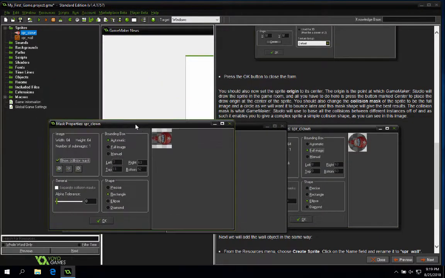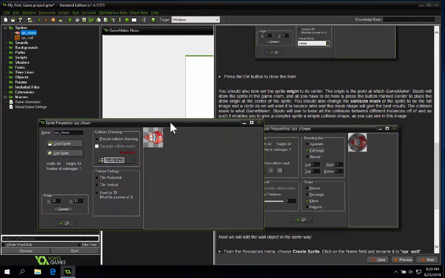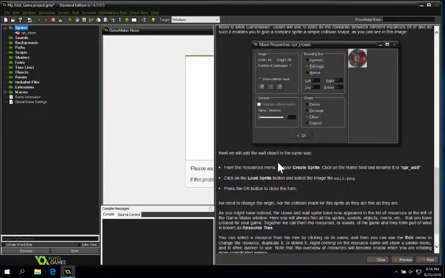Okay, and the way we're going to change the collision mask to be the full image, and what we're going to do is we're going to click full image, and we're going to select the ellipse, and we're going to click OK to that, and that is my collision mask for the clown. We're going to click OK,